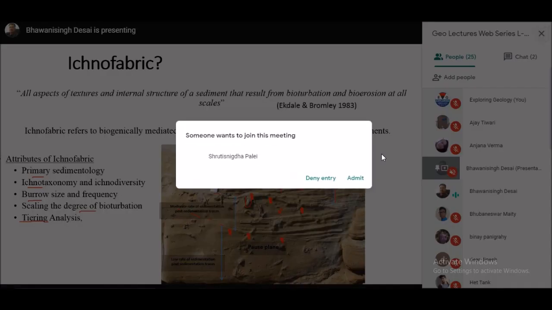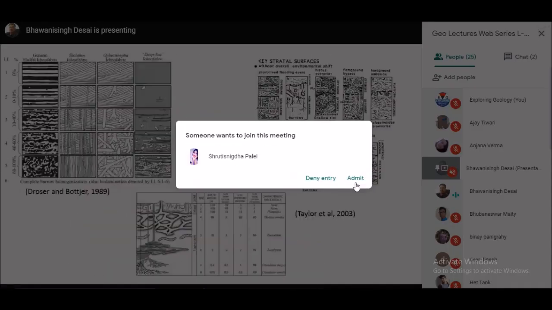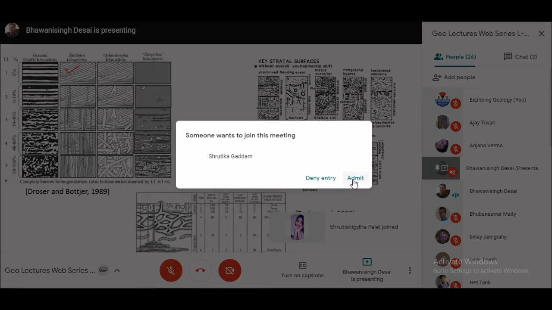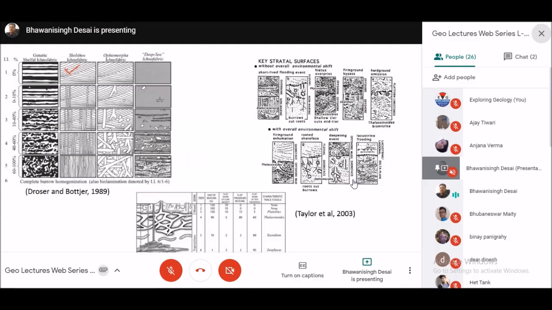So how do we study ichnofabric? Studying ichnofabric works in a very simple way. You have to understand, with reference to physical sedimentary structures, how many of these original physical sedimentary structures are disturbed. Okay, so there are workers like Droser and Bottjer, or other workers, who have created